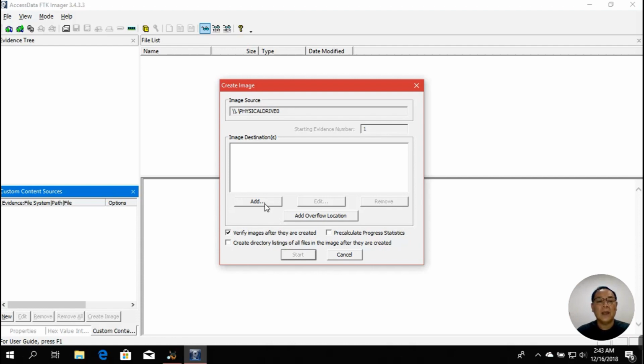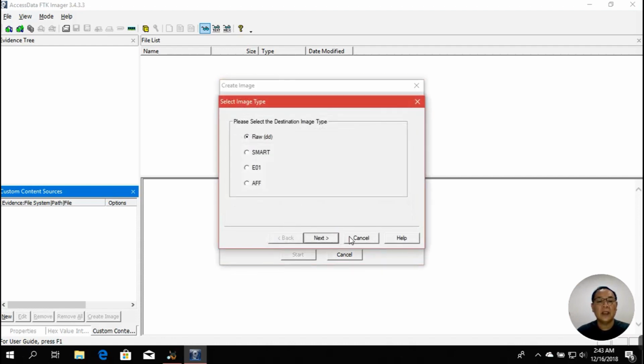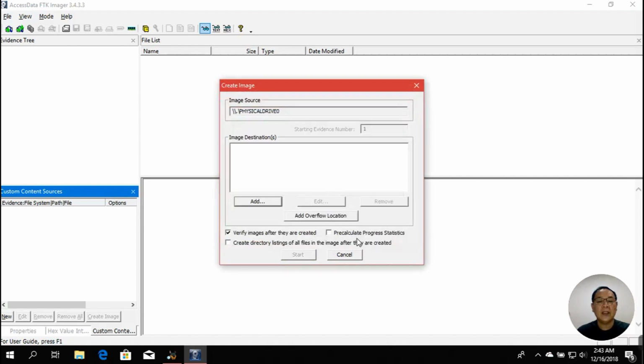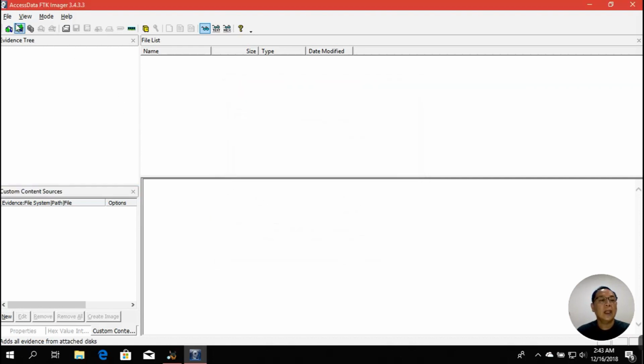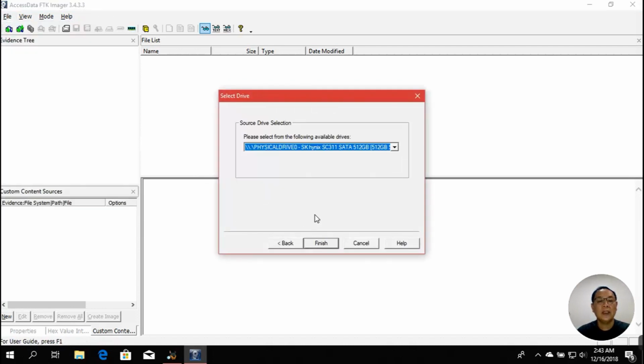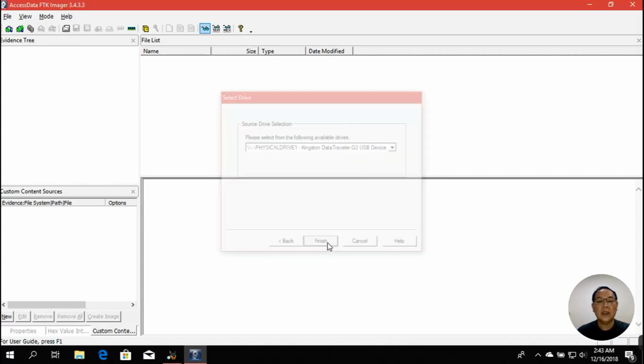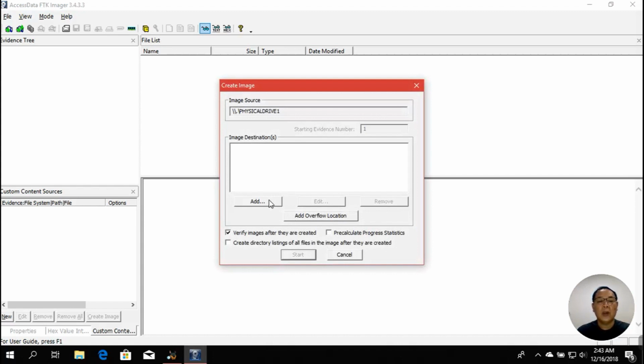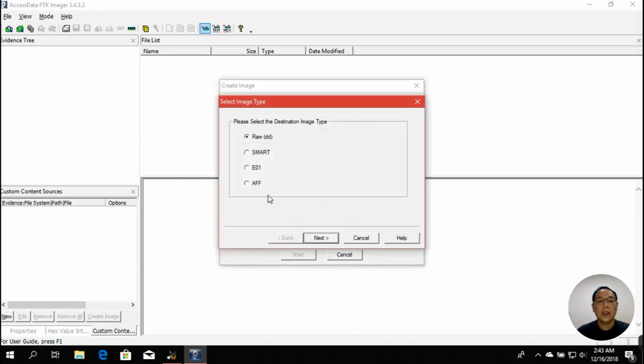I'll just add my destination for the physical disk. Let me cancel this and start with the create image, physical disk. I will need to select the correct one, which is here. Got 2 devices or storage. I will select Kingston because my target is Kingston. Click finish. I'll put the destination to